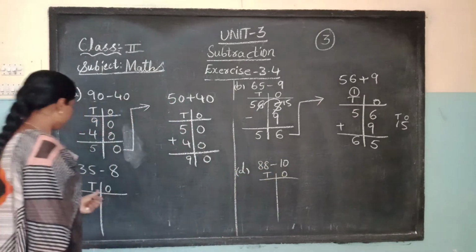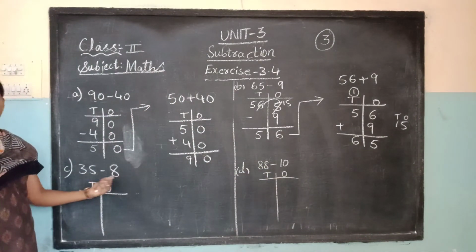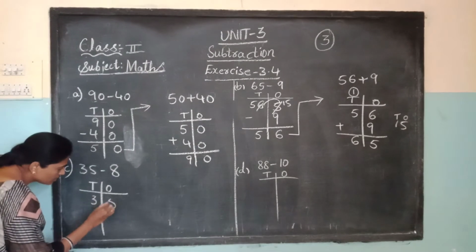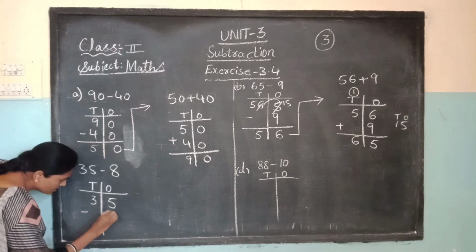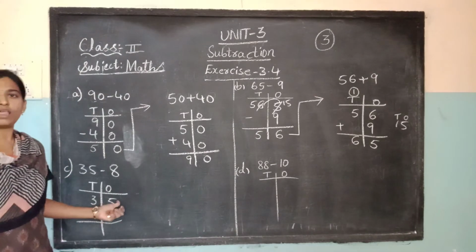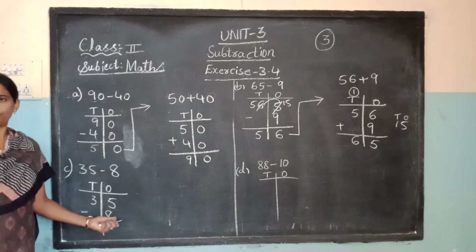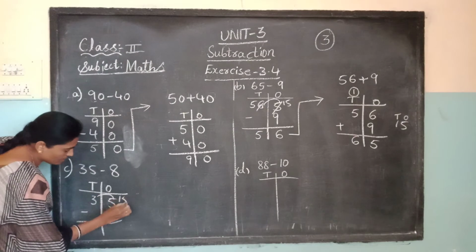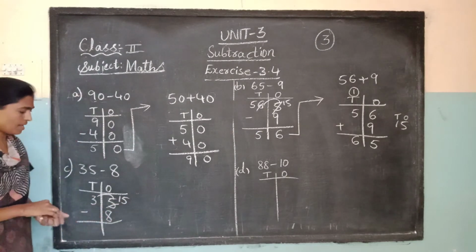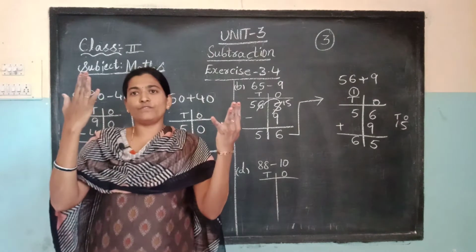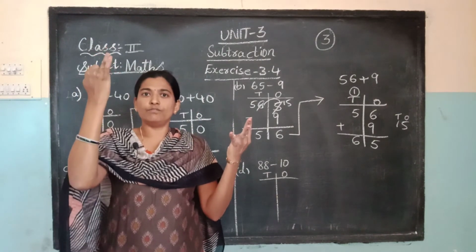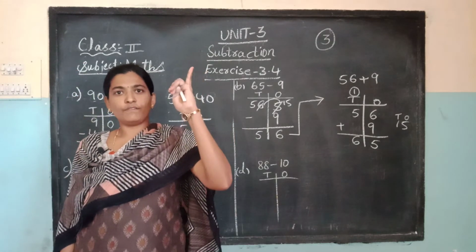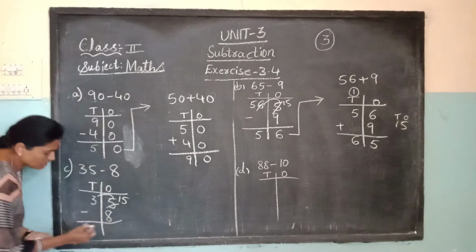Yes, next one, 35 minus 8. This one also you have to do subtraction. 35 minus 8. Here also see, from a small number you cannot take away 8, the big number. Now what do you have to do? Take borrow from the tens column. What did it become? 15. Yes, 15 in the mind, again 8 in your fingers. 15 before, 14, 13, 12, 11, 10, 9, 8, 7, 6. What answer did you get? 6.